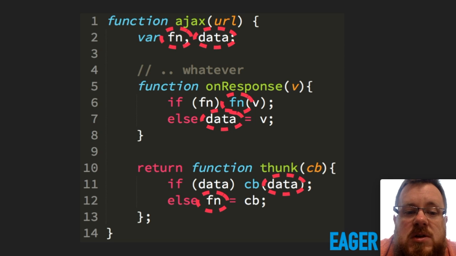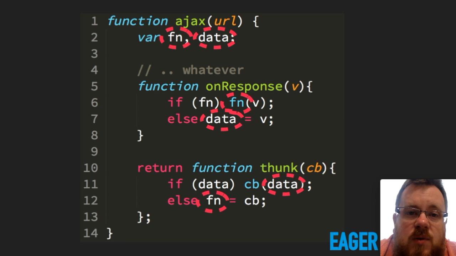If the function has been set on line 6, then we know that the onResponse function is running later. It's the second one to have run because the only way for it to have been set is if Thunk was already invoked. Vice versa, if Thunk checks for data and sees that data has been set, it knows that it must be the second one to have run because the only way data would have been set is if the onResponse had already happened.